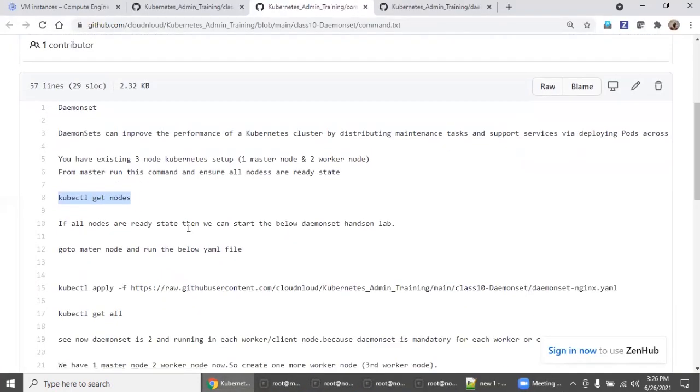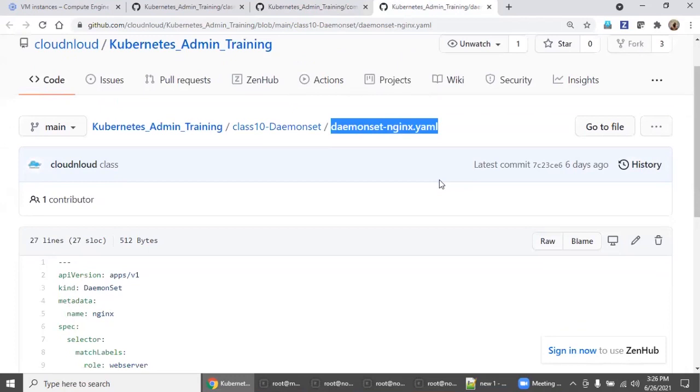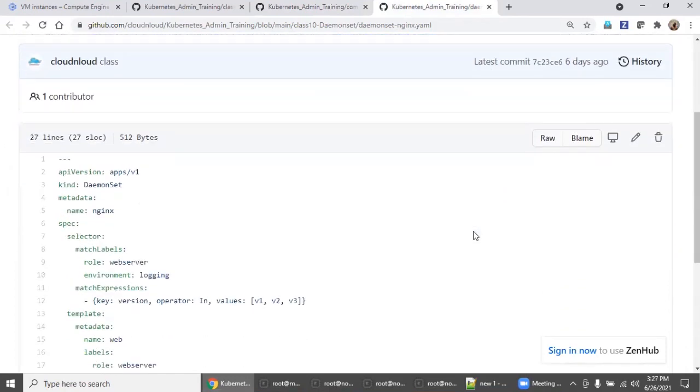Now we are going to perform a couple of other commands. I also created a sample YAML file for the DaemonSet. Let's go inside. What is there? The API version is apps/v1, the resource kind is DaemonSet, and the name I'm going to give is nginx.